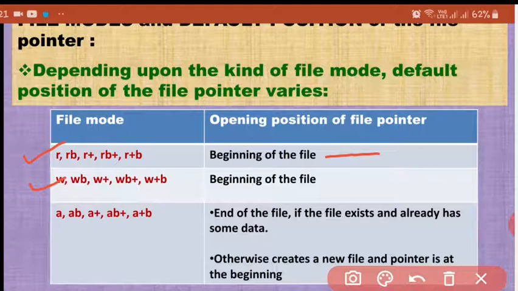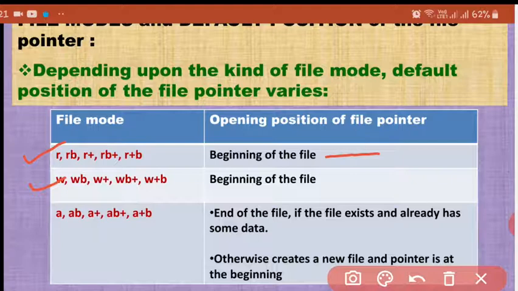And if the file is already existing, all its previous content will be removed and the file will be opened as a fresh file. So again the cursor will be present in the beginning, and you can start writing on that file at that place only.